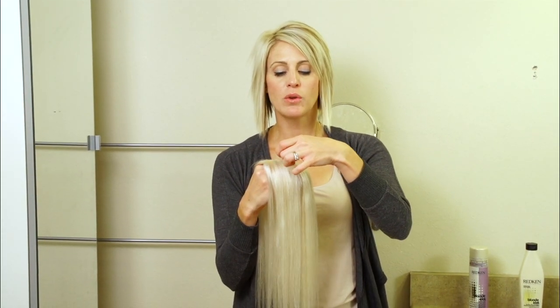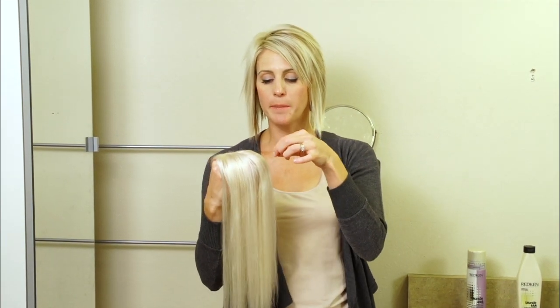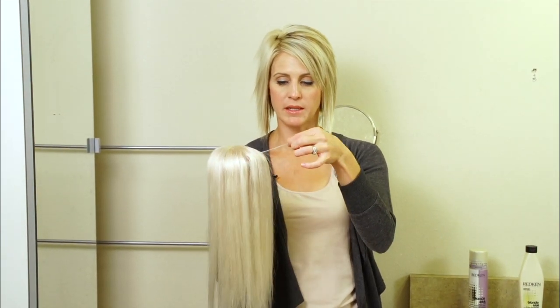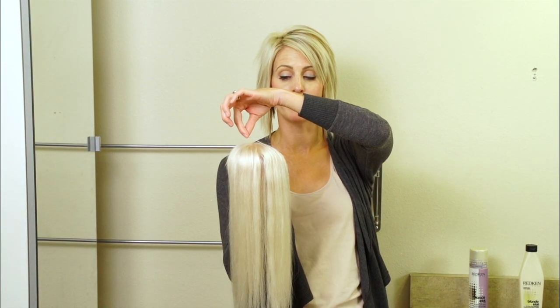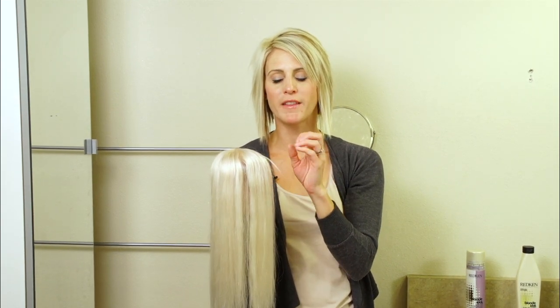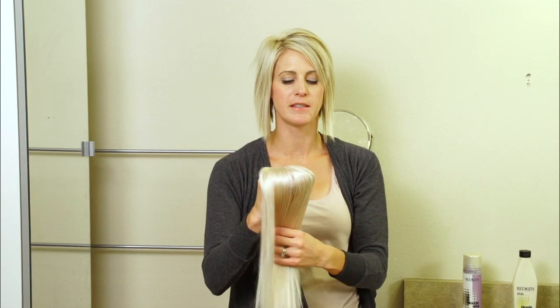And so the cuticle is running the right way down this way, but in these top pieces that are a little bit shorter that blend in, this would actually be the cuticle running the opposite way, because this would normally be coming from this part of the hair, but it's getting pushed down back this way. So if you were blow drying this, it would be blowing the cuticle open and make it kind of stick out and look frizzy. So always make sure that you lay them flat to dry, and once they're dry,